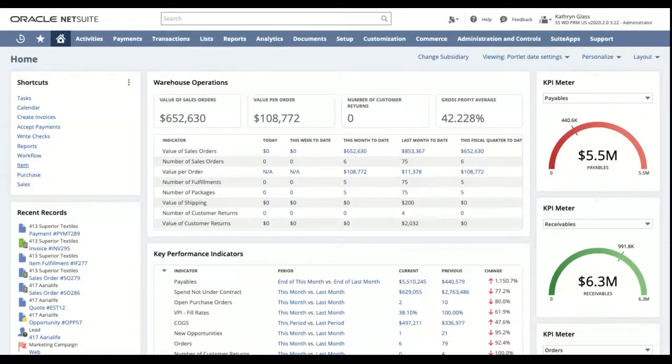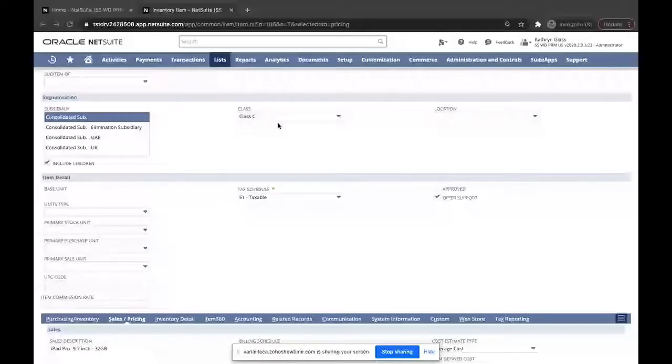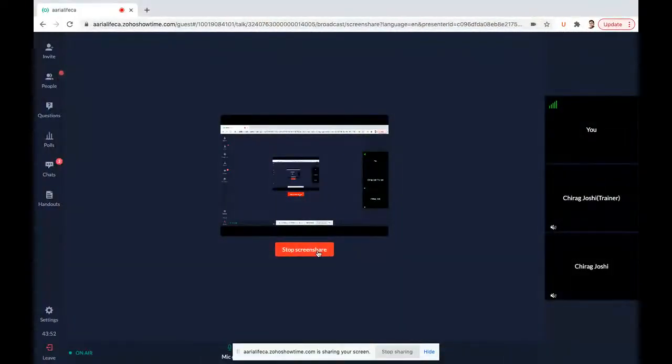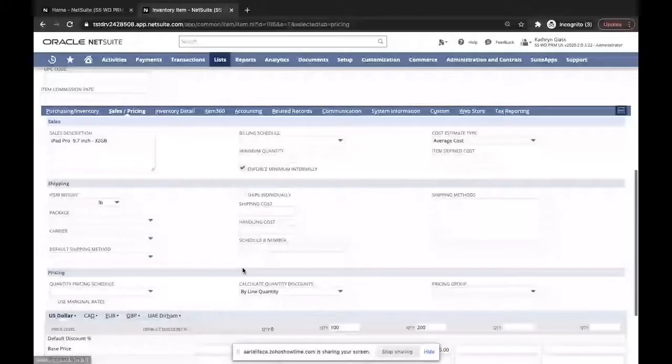Hey Amit, sorry, your screen is frozen. You might just have to refresh or restart. Frozen? Yeah, we are at the dashboard as of now. Oh, no, I'm actually sharing the inventory screen. Okay, can you see? Just a moment. Can you see? Yes, thank you. Now we are at the inventory item. Yes. Okay, let me stop and reshare. Okay, just hold. There's something wrong here. Okay, guys. I think